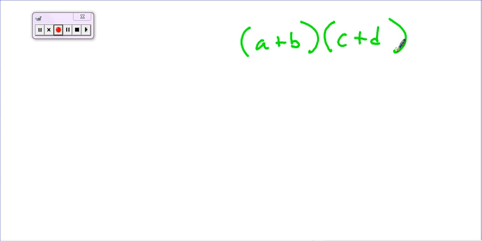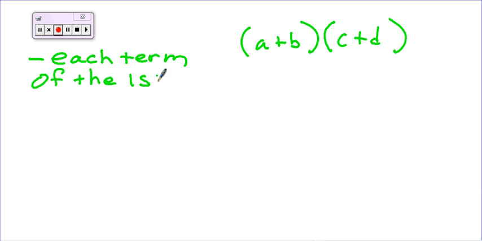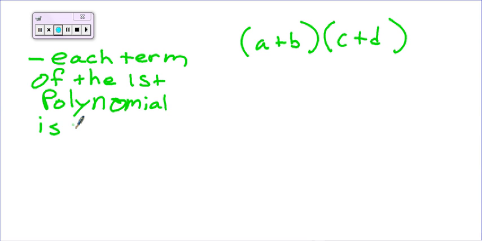Each term of the first polynomial is multiplied